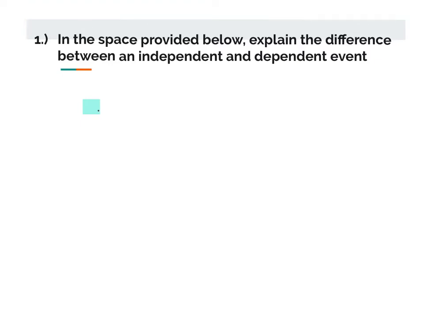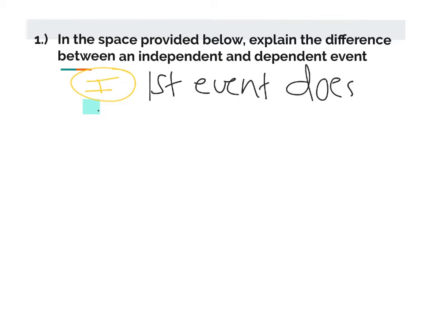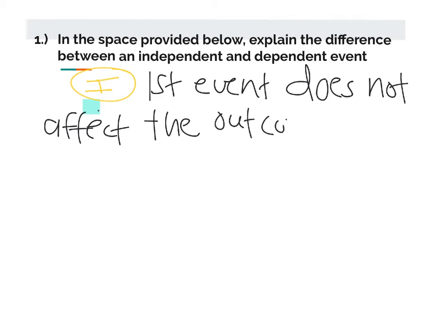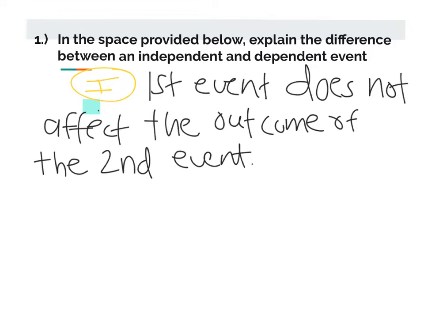All right, so the first question says, explain the difference between an independent and dependent event. Okay, an independent event is when the first event does not affect the outcome of the second event. So first event does not affect the outcome of the second event. So that would be something like